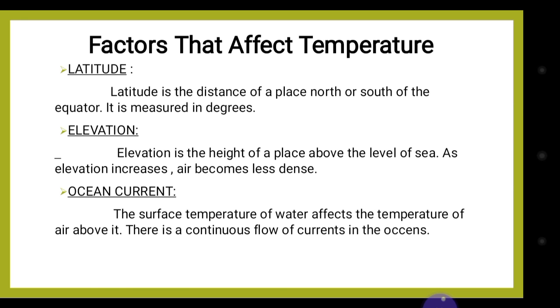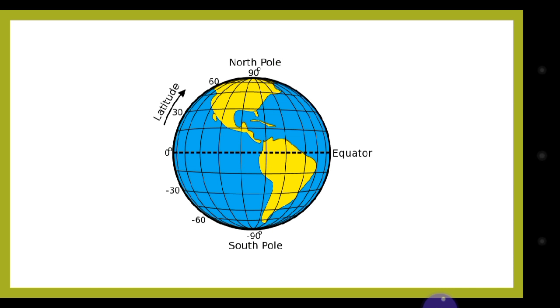For example, the factors that affect temperature are three: latitude, elevation and ocean current. Here, latitude is the distance of a place north or south of the equator. It is measured in degrees. Students, latitude is the distance from the north or the south of the equator. Equator is the